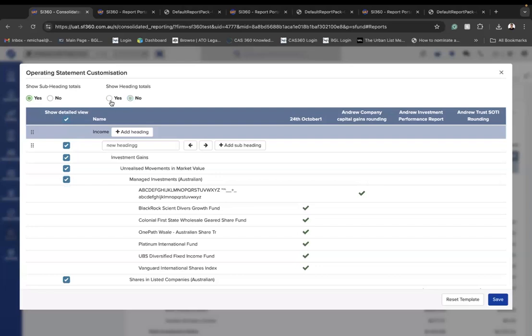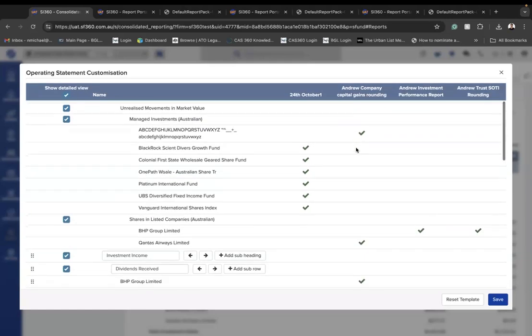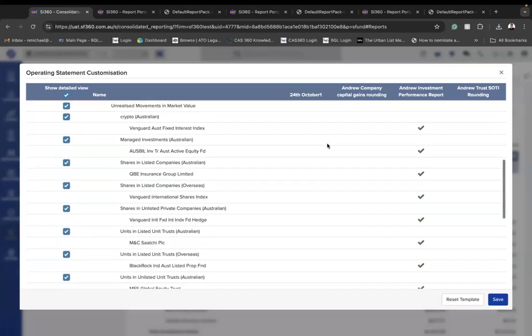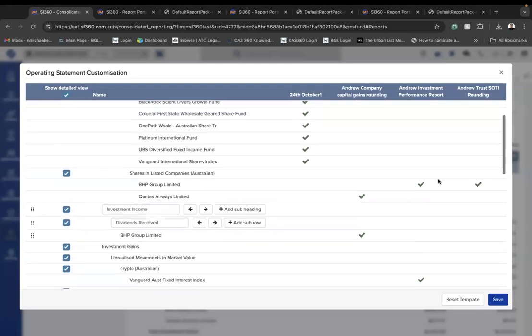You can show the heading totals, and do you want to show the subheading totals as well? You can also add in your own custom headings to the screen. And you'll be able to see within this screen whether you tick it or not. You'll be able to see whether there is information or there's income that's related to one of those group